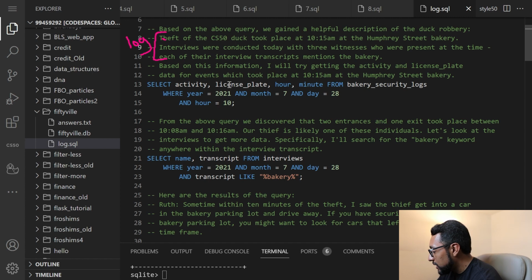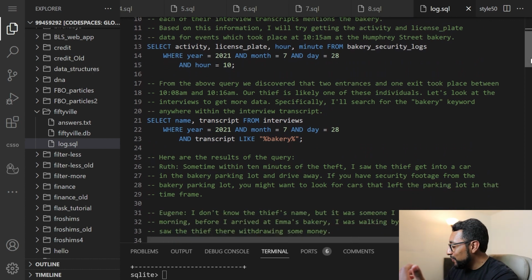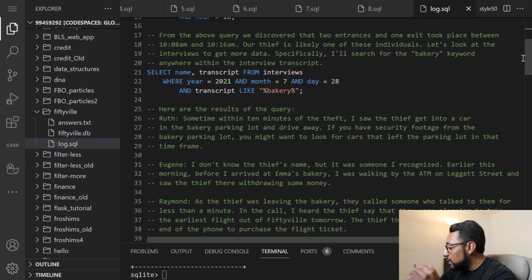So what I did is I selected activity and license plate as well as hour and minute from bakery security logs, where year equals 2021 and month equals 7 and day equals 28. So this is basically looking at the same day with an additional piece of information using the hour that we got from the crime description, while looking at not the crime reports table, but now the bakery security logs table. And then from that, I was able to discover that there were 2 entrances and 1 exit